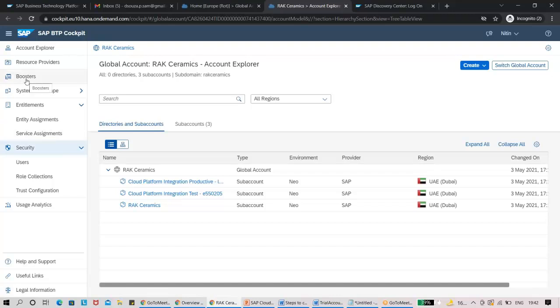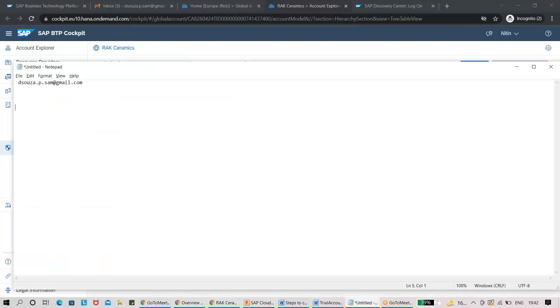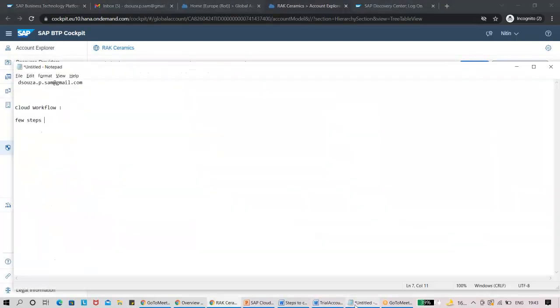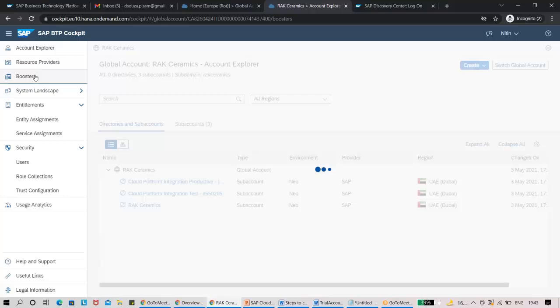Now, if you're asking what boosters are, SAP is very smart and I think it makes sense. Let's say I'm talking about one of the services called Cloud Workflow. If someone wants to use a service, there are a few steps the customer has to do to start working with it. SAP says that if we can automate these steps for you, it will be easy, and they are doing it with the help of boosters. So if you go to boosters,